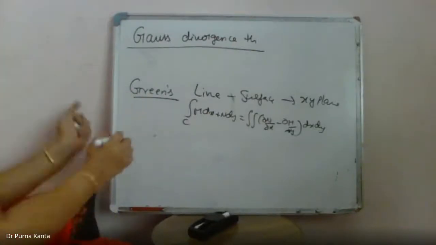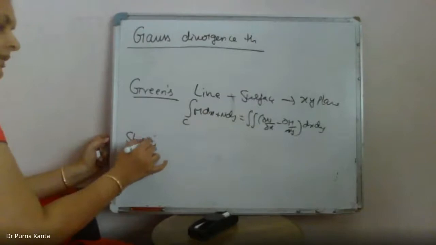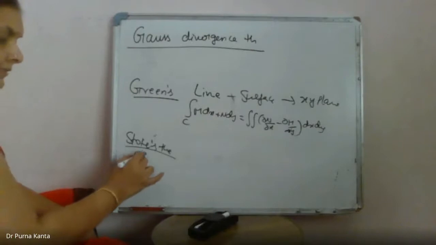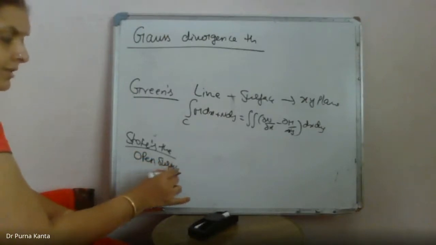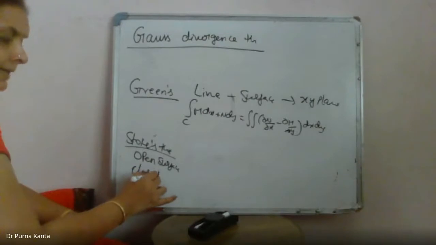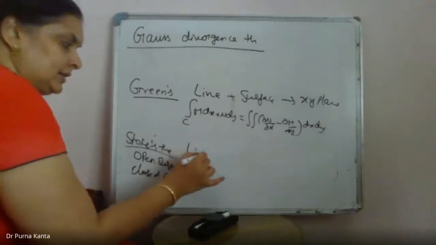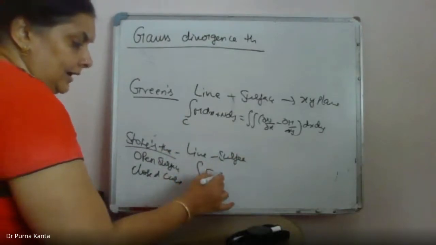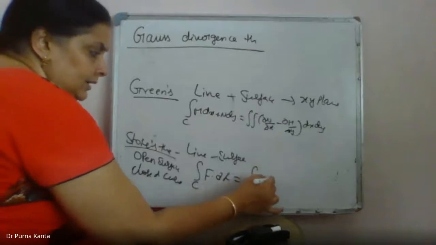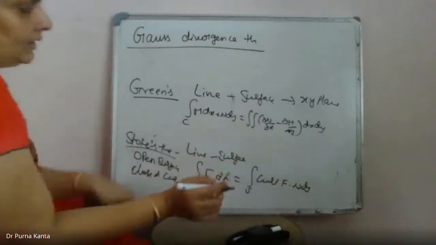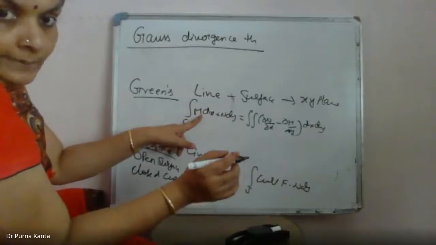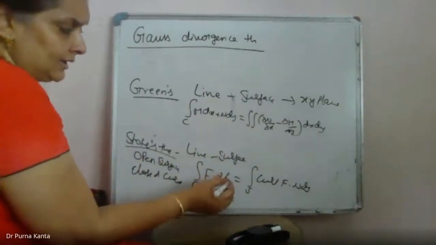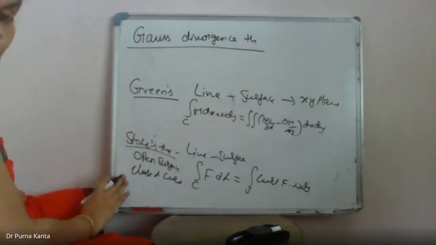An extension of this is the next theorem, which is Stokes theorem. In the case of Stokes theorem, we have taken an open surface bounded by a closed curve, and this also gives the relation between line and surface integral, but in general. So in general, the integral over C of F dot dr is equal to the integral over S of curl F dot n dS. You can observe here, this is F dot dr in 2 dimension, and this is curl F dot n dS in 2 dimension. This is what we have seen in the case of Green's theorem as well as Stokes theorem.